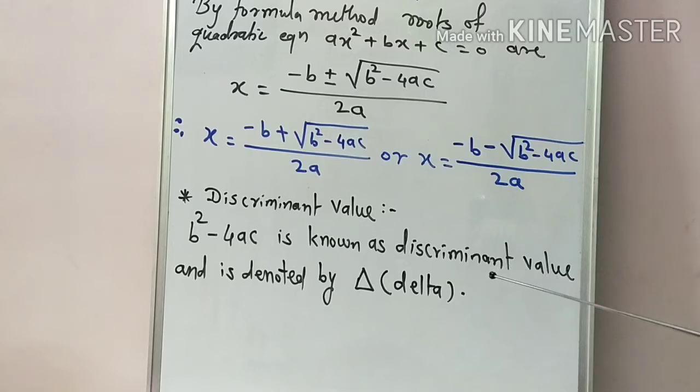To find the nature of the roots, we require this discriminant value, which is denoted by the symbol of a triangle, known as the delta sign. We have that part in practice set 2.5, but it's related to this formula, so I just tell this point over here. Okay, students,